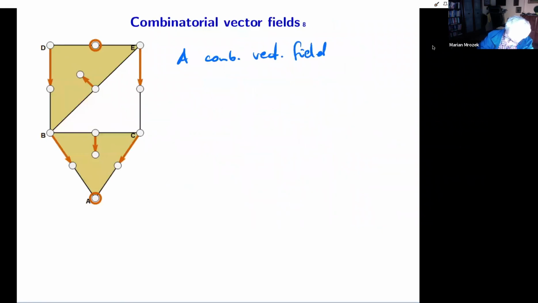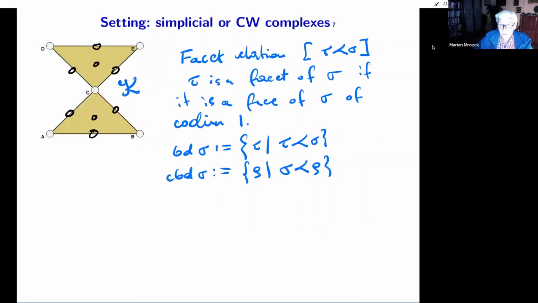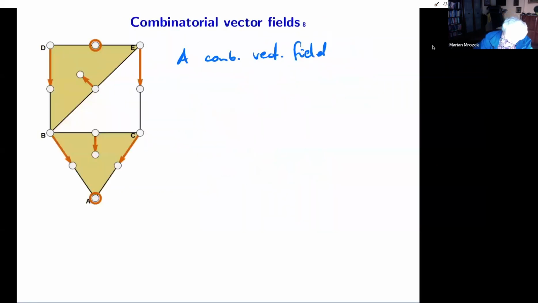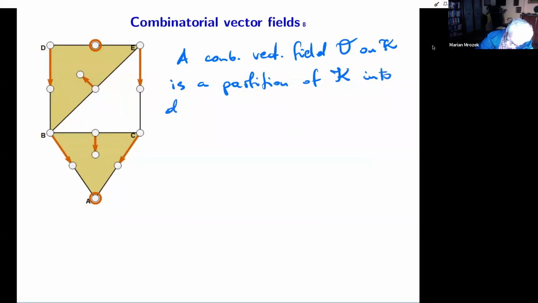By the way, I usually denote the whole simplicial complex by script K, and the vector field will be script V. So a combinatorial vector field V on this simplicial complex K is a partition of this collection of simplices of K into doubletons and singletons,